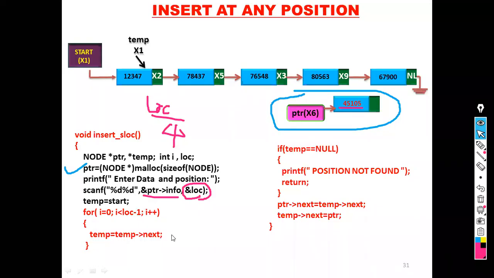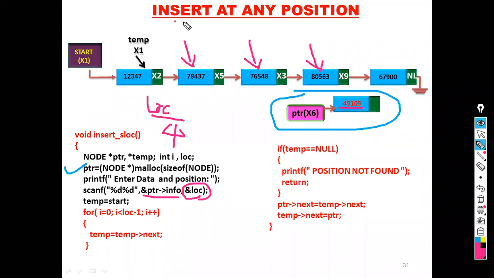At the time the program is going on, temp is pointing to which node? In the first iteration, temp is pointing to the second node. In the second iteration, temp is pointing to the third node. In the third iteration, temp is pointing to the fourth node. Because I have to keep the address of the fourth node.